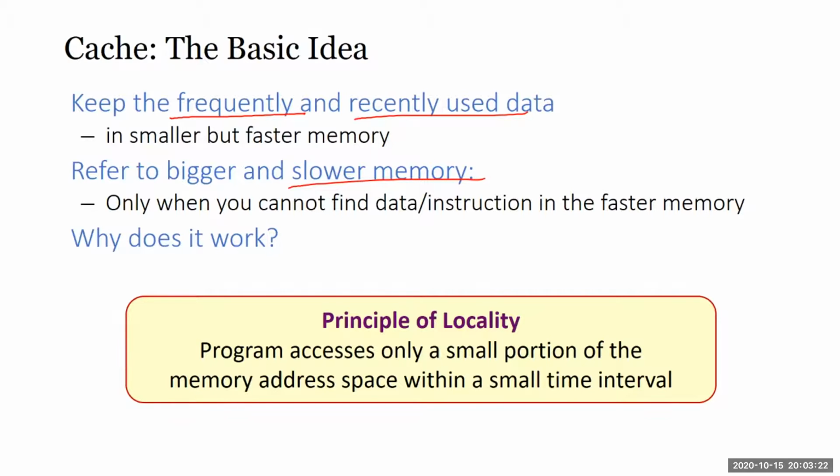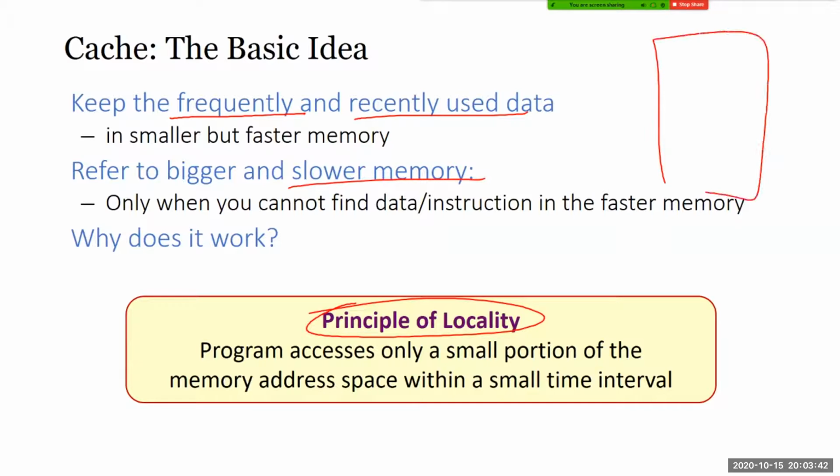Now, why does cache work? How come it works? Like I said, when you go to the bookshop and grab a book, you don't just grab one book. You want to grab a bunch of books. But how do you know which bunch of books work and how come it works? The idea is that we have this principle of locality. When you write your program, in a sense, your program is sequential, right?